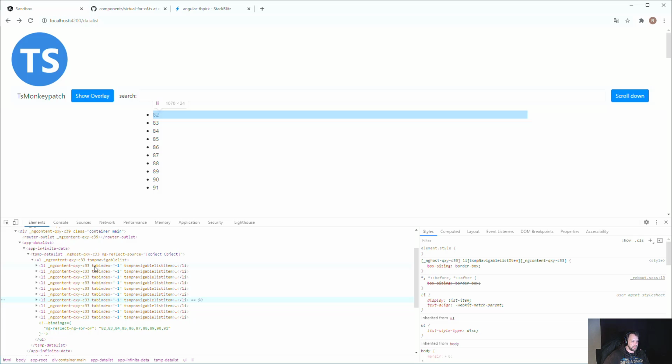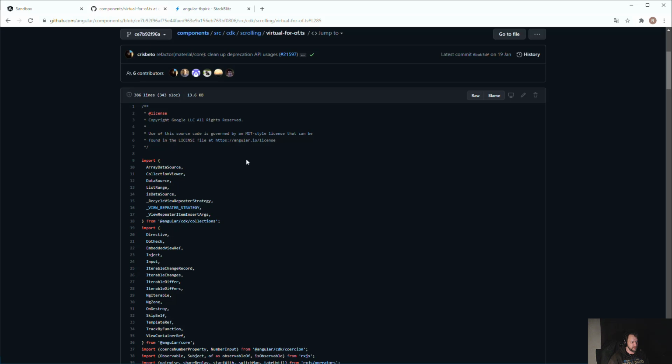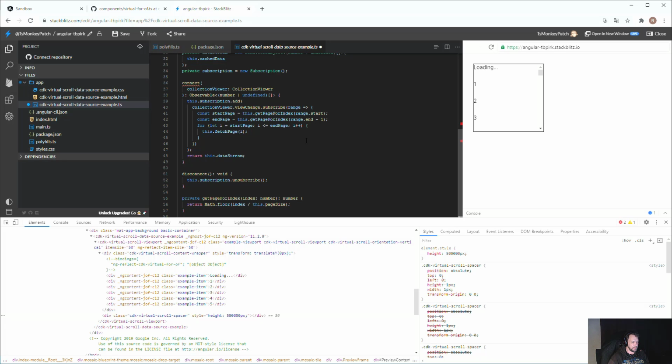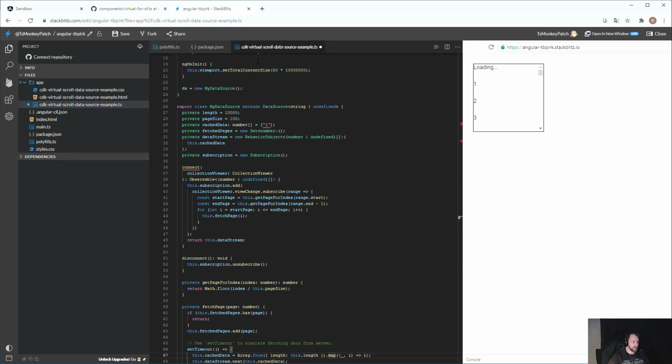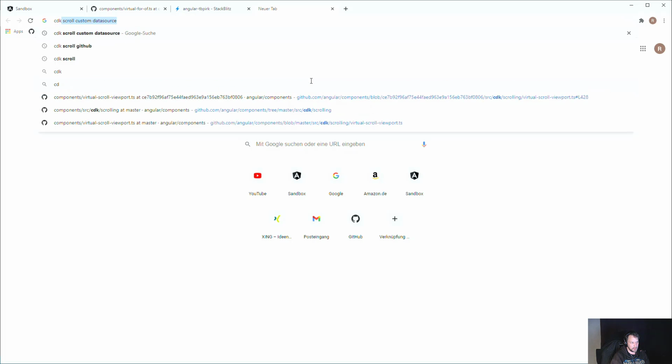Maybe you ask why we are doing this on our own. It's pretty simple, because the Angular CDK scroll has some problems, some issues with a large amount of data sets. And if I say large amount of data sets, I mean something like millions of entries. So to show CDK scroll,